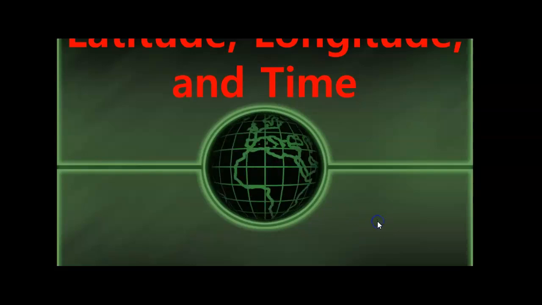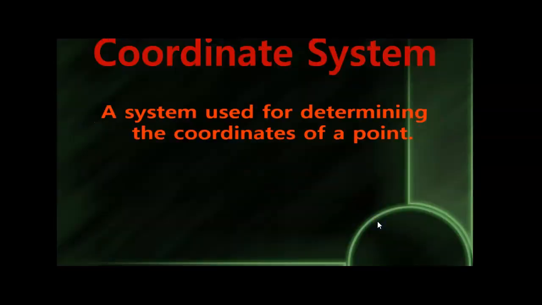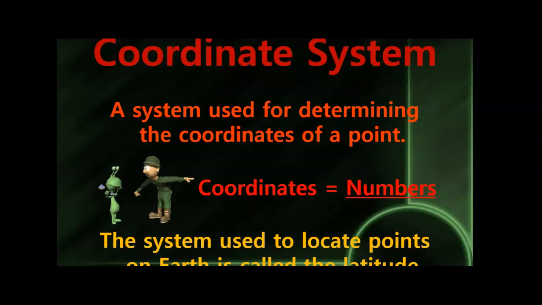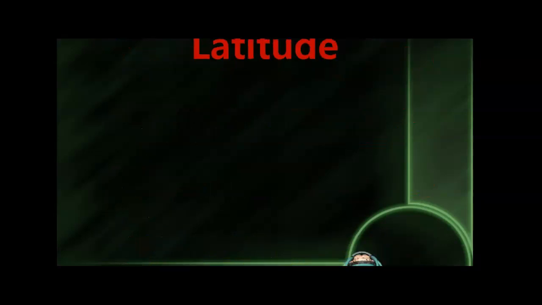So let me get this thing going. So far you've seen a short video about the coordinate system and GPS systems and how we use satellites to measure where we are on the planet with coordinates. And those coordinates correspond to a grid that we've overlaid over the Earth to try and figure out where we are at any point on the planet. This latitude and longitude system is what I'm going to break down for you here on how we come up